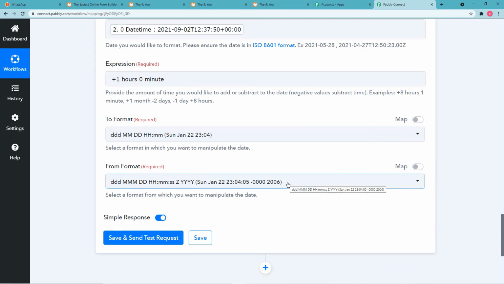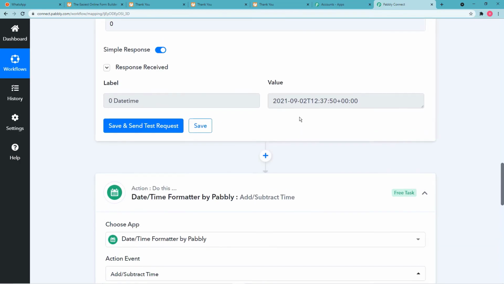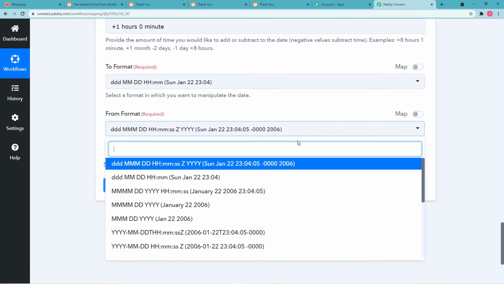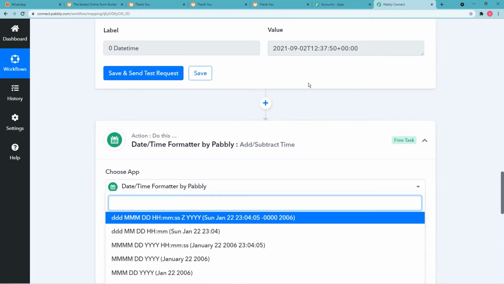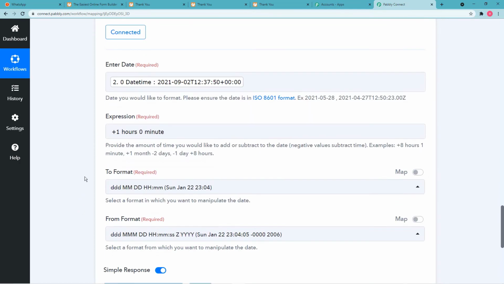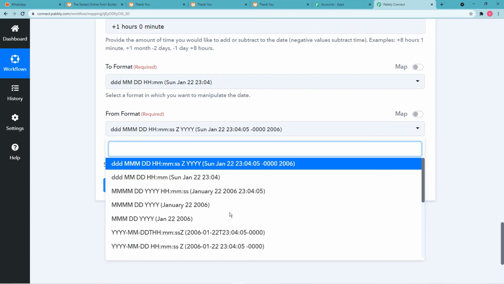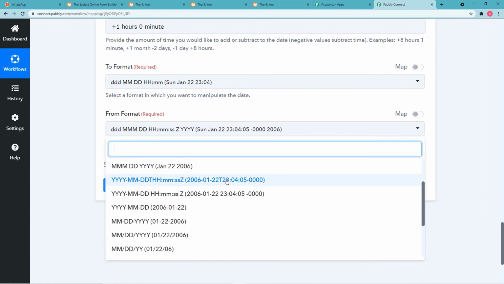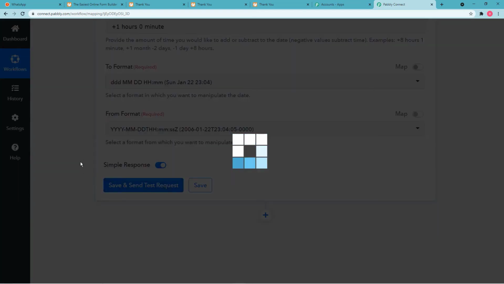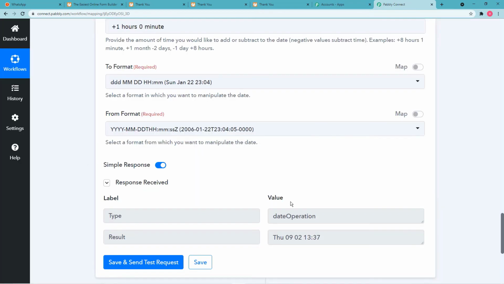and our previous format was this format. Alright, so you have to select this from format. So from format is the format in which we have this T letter. You can see we have this T letter added in this format. So select this from here, from format, which format has the T letter. This format has the T letter. Select this. Now click on save and send test request, and you will see that our time is converted something